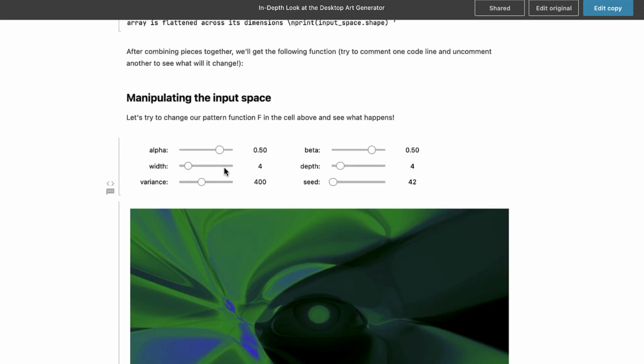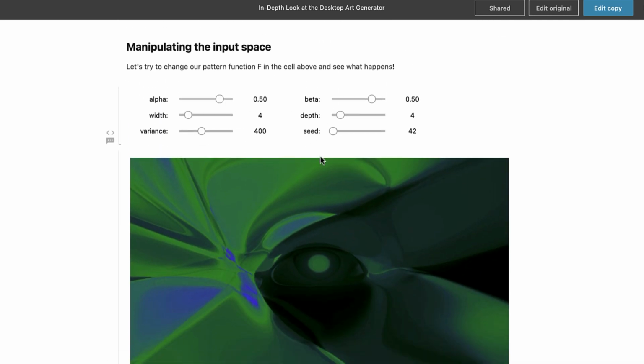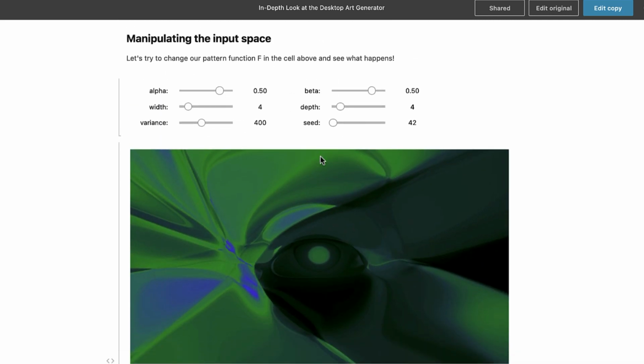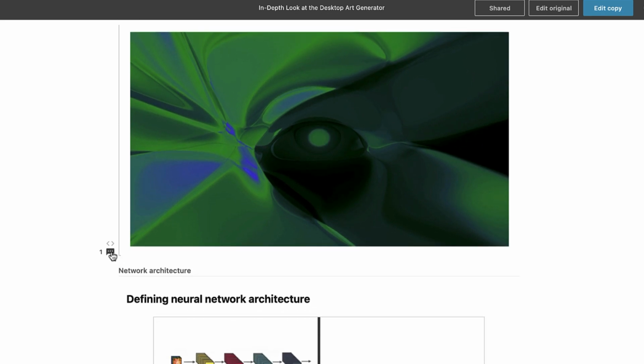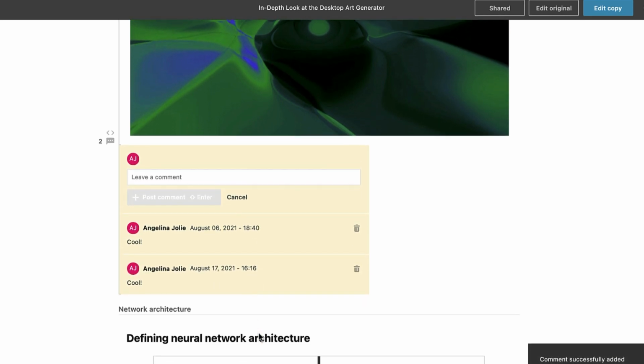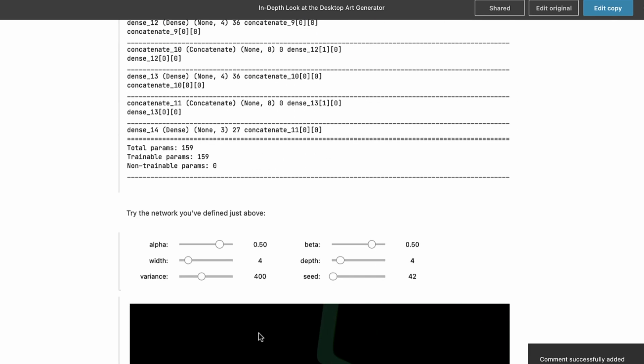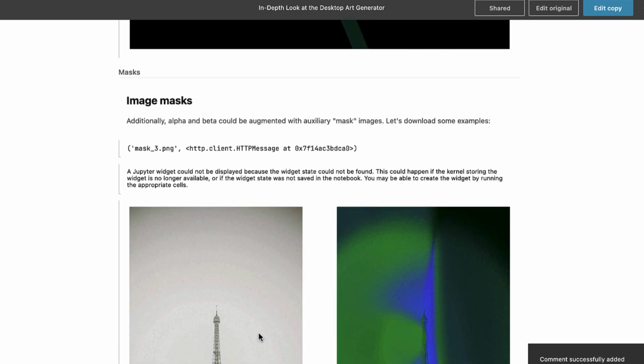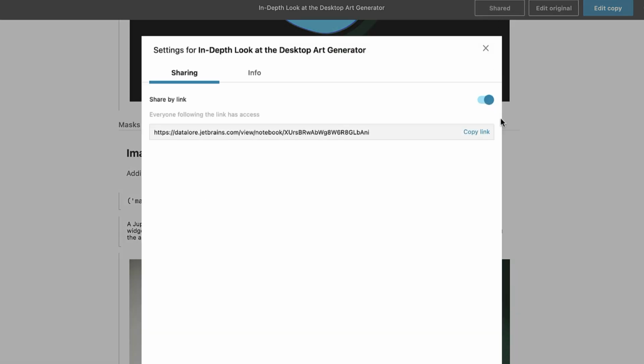So this is far more user-friendly for people who just want to view this notebook as a report and play around with it. We can also leave comments anywhere that we want to. The comment will show up as your username for other people to see as well. But the great thing about publishing your notebook in this way is that anybody can see it. So you can share this link with anybody and they don't need to have Datalore in order to enjoy the